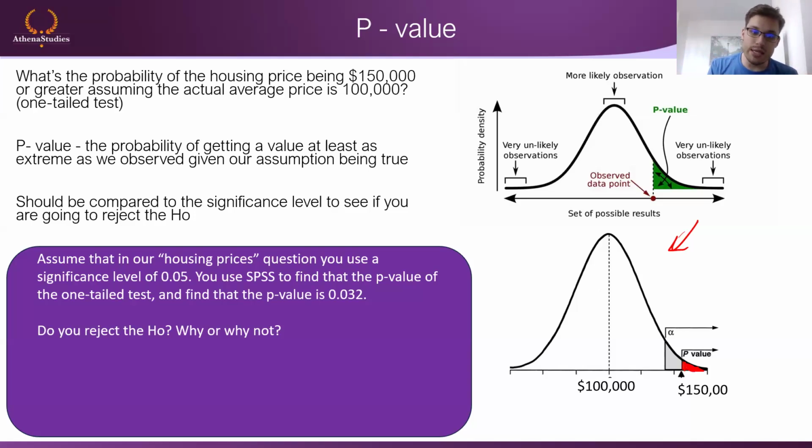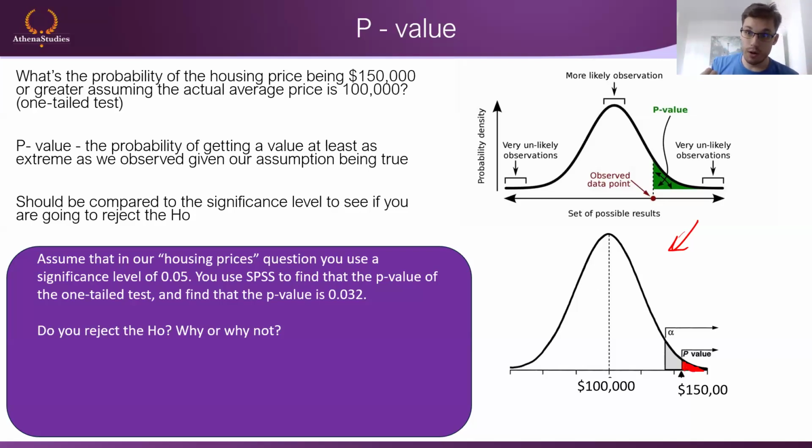That's the p-value, right? In this case, it's 0.032. So it's a 3.2% chance. So you have a 3.2% chance to go into the housing market, collect your sample, get the housing price to be 150,000, and the mean still being 100,000. Now, if this happens, you would, in theory, be wrong, right? You would say that the housing price is 150, but it's still actually 100,000.